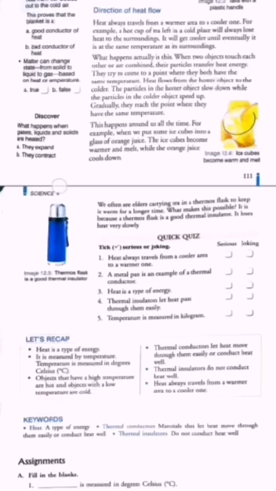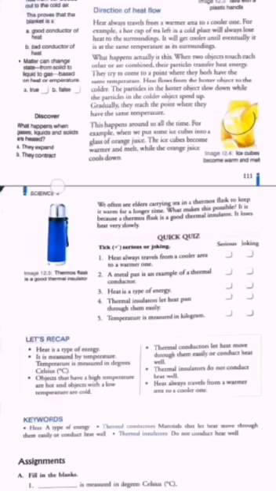So this is the reason why the heat flows from the higher temperature, that is, you can say from hot to cold. Heat flows from the hotter objects to the colder. The particles in the hotter objects slow down while the particles in the colder objects speed up. That means the particles in the hotter object slow down while the particles in the colder object speed up. Gradually they reach the point where they have the same temperature.